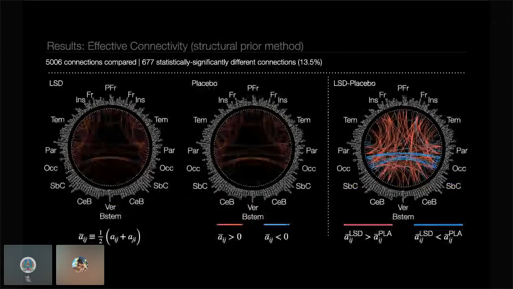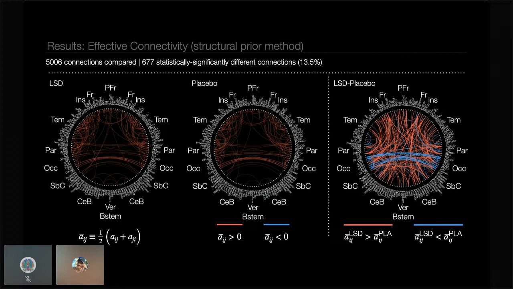So here we have the top 500 connections by mean effective connection strength, estimated through the structural prior method for LSD on the left, placebo in the middle, and the difference between the two on the right. These plots show connection strengths averaged across directions. So in other words, the connection shown between region A and region B is the mean of the connection directed from A to B and the connection directed from B to